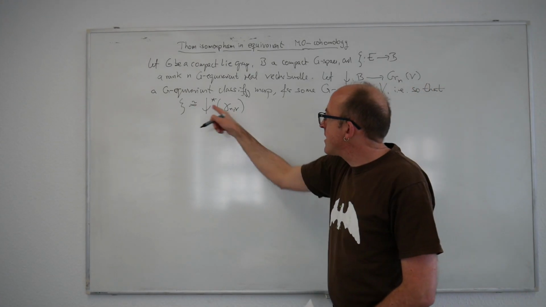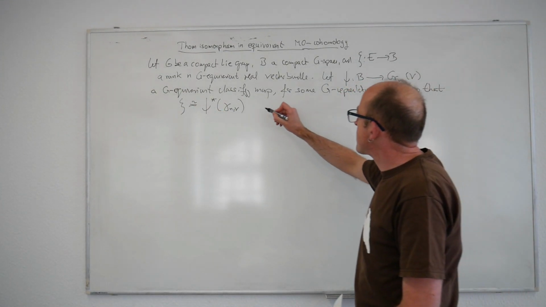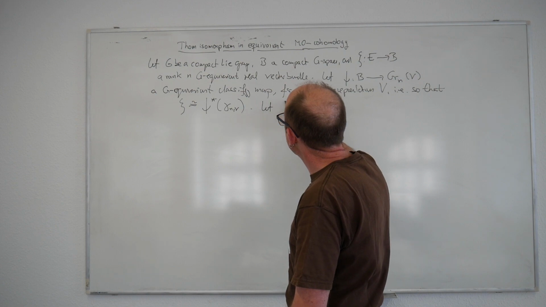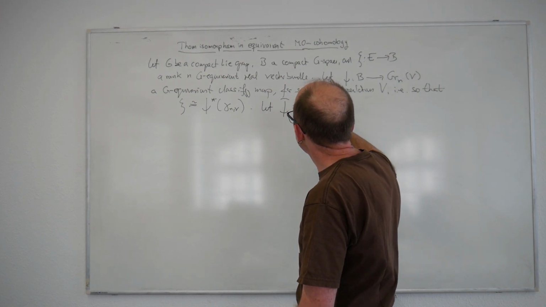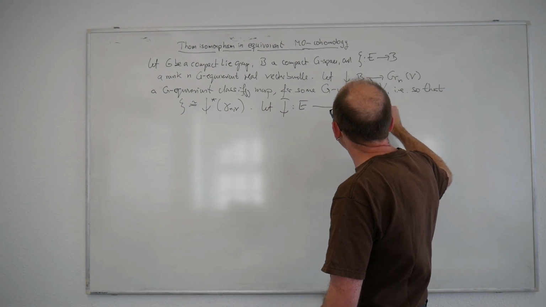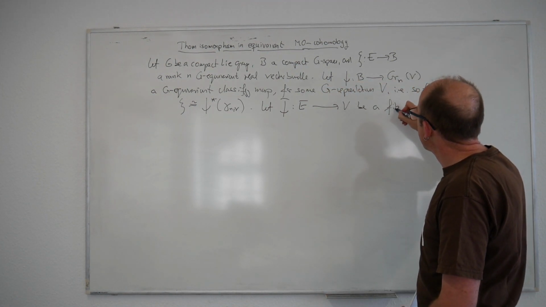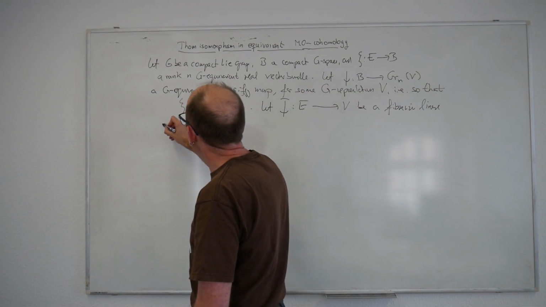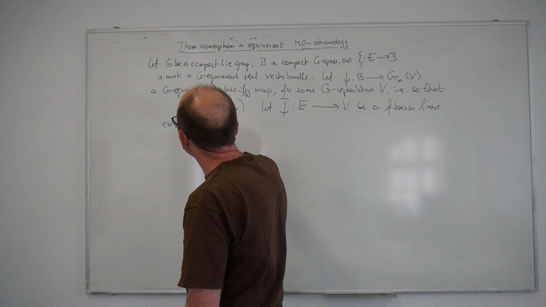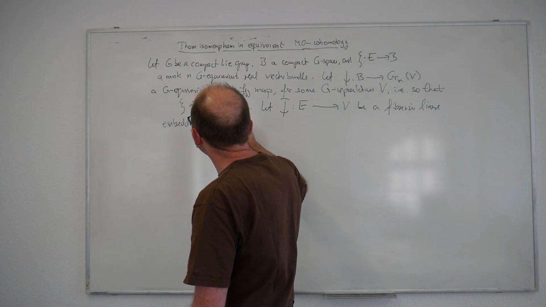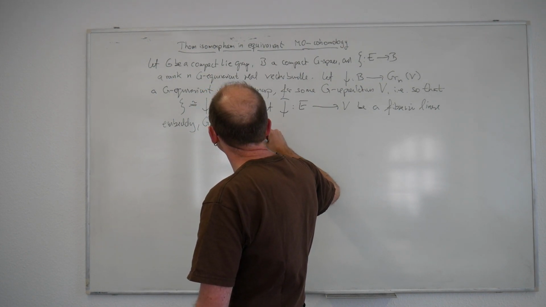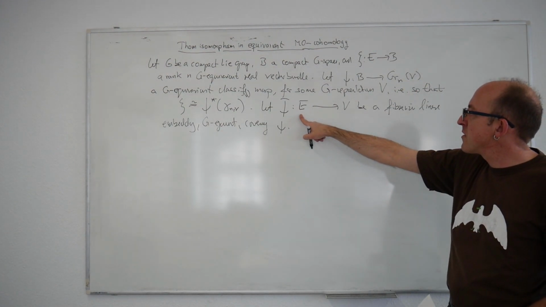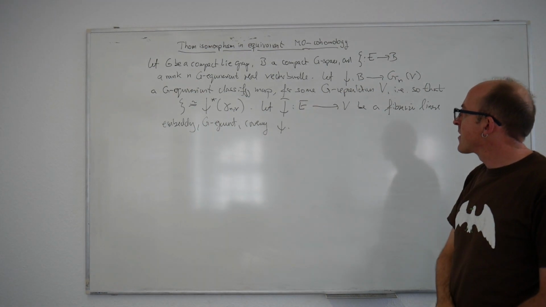So the data of such an isomorphism can be slightly rewritten. There's a map covering the map over the base. I write ψ bar for this. This will be a map from the total space of the bundle to V, a fiberwise linear isometric embedding, and G-equivariant, covering the ψ below. So over every point in the base we have a vector space here, and we're assuming that for this vector space, it's a linear embedding.